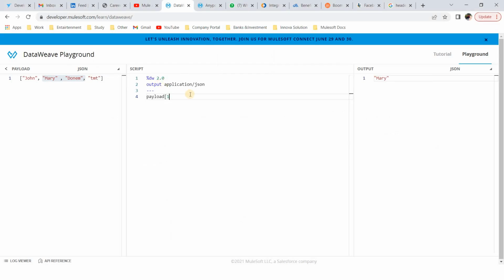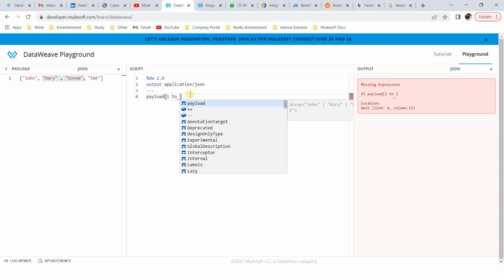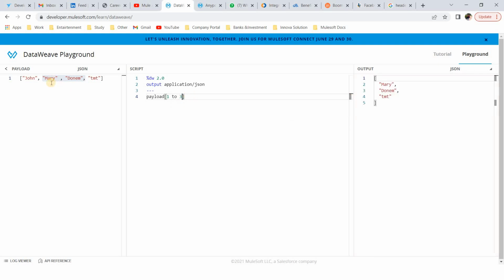Okay, so in that way we can read that one. Let's say I want 1 to 3. Okay, so 1 2 3 means this is the 1, this is the 2, and this is the 3. And if you just put it as 2, then this 1 and 2, like the second and third element, you will be printing.